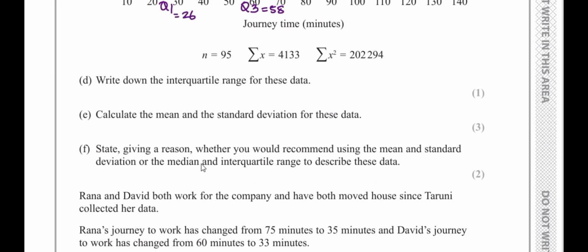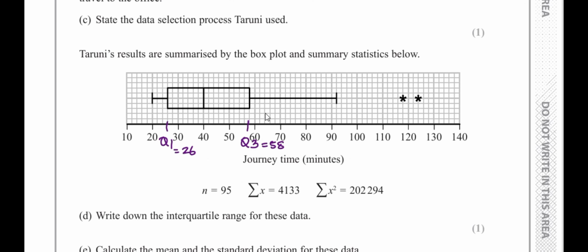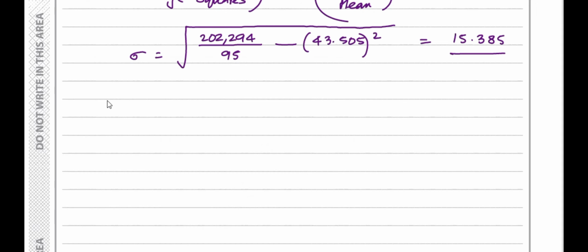Part F. State, giving a reason, whether you would recommend using the mean and standard deviation or the median and interquartile range to describe these data. Looking at the box plot diagram, you can see there are 2 large outliers, and therefore if taken into account, they will affect the mean and they can also affect the standard deviation, but they are unlikely to change the median or the interquartile range. So we could write,